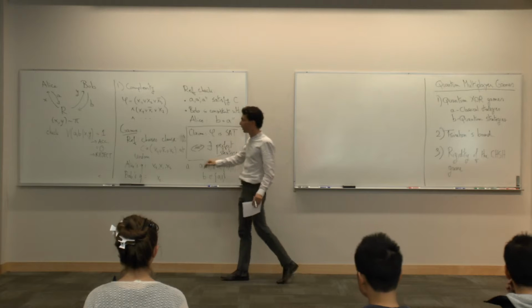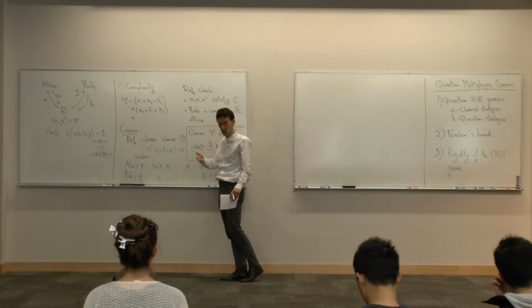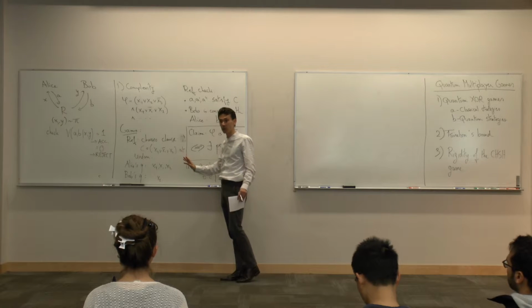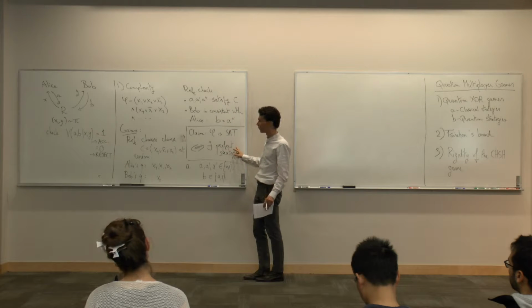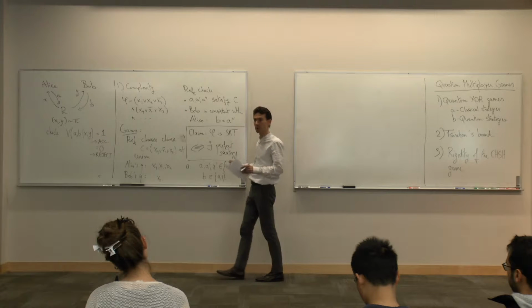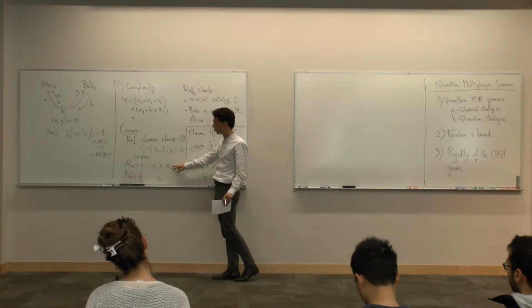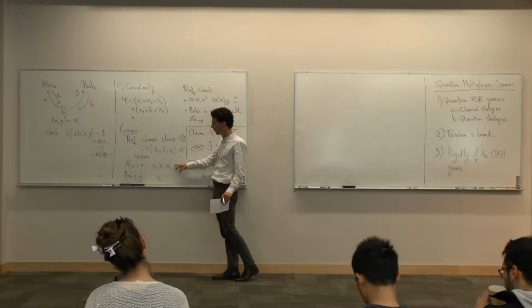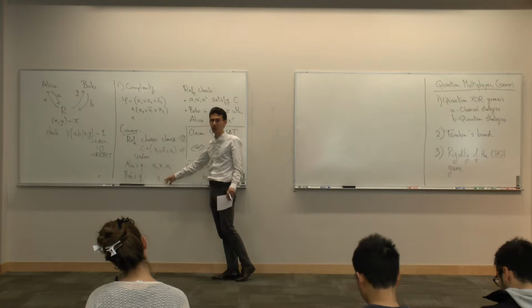Because it doesn't look like, as you were pointing out, in the game I only choose one clause, but I choose it at random. So if you want to win in this game with probability 1, you need to be ready for every possible clause. So Alice needs to have something that she's going to answer, whatever the clause. But it can depend on it, because she gets to see the clause. But then Bob cannot depend on the clause. And so